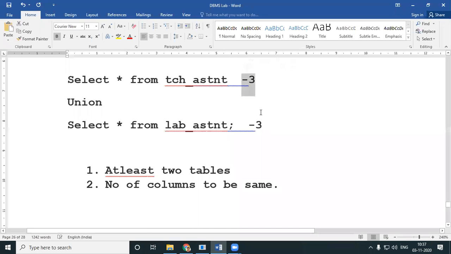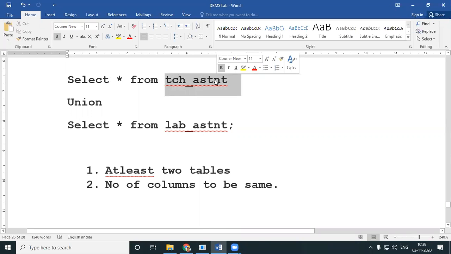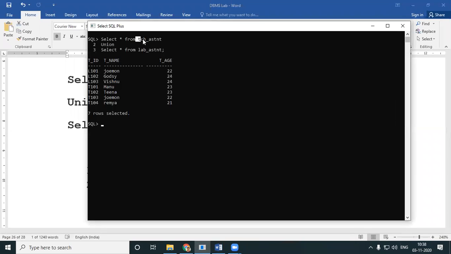So I will get a result for my query. But when you get a result for your query, whatever the field names in your first table are, and what is my first table? Tech assistant. Whatever the field names of the first table are, those will be given for the result.